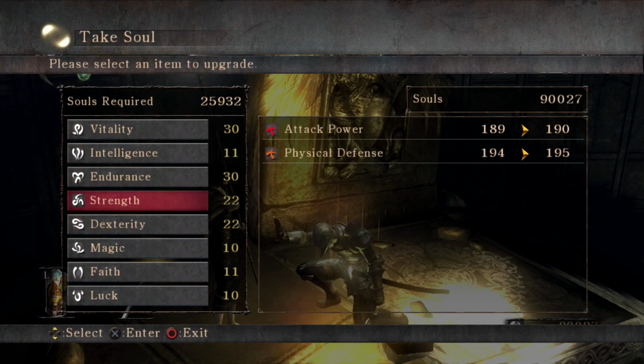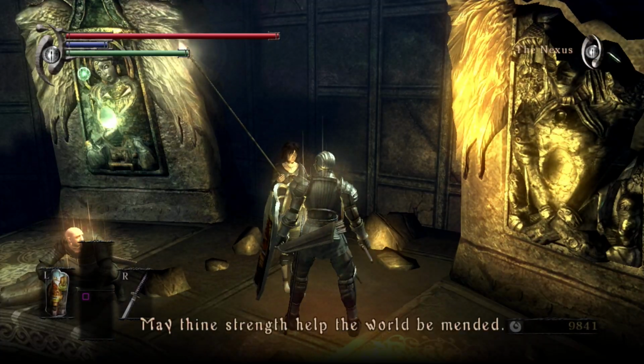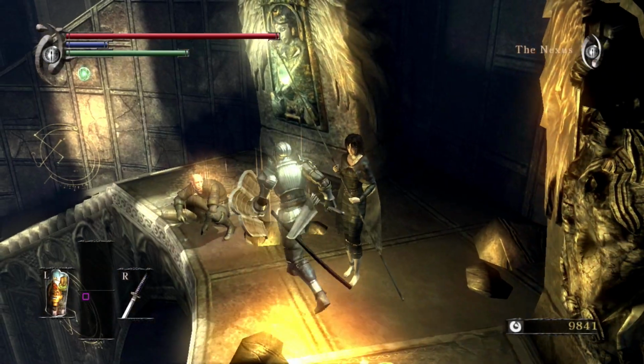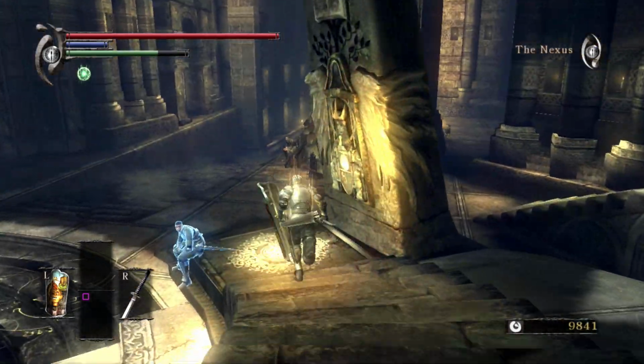Soul of the mind. So what we're going to do now is we're just going to go strength and dex alternate. Let strength be granted. So now we ended up with more strength than dex, but that's fine. We're going to aim for 25 for right now, so faster we get there, the better. And we are ready